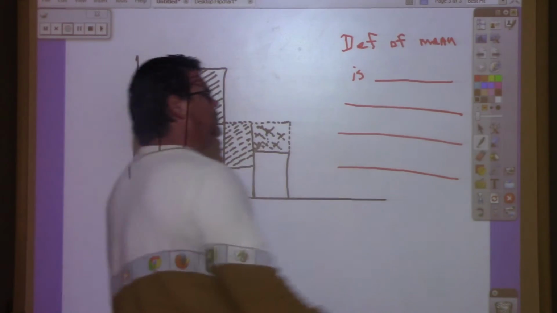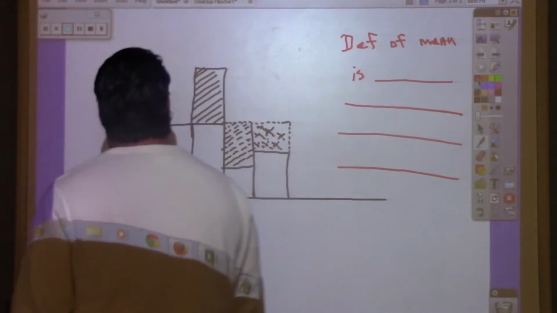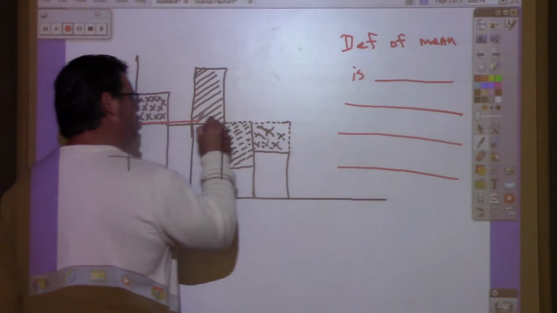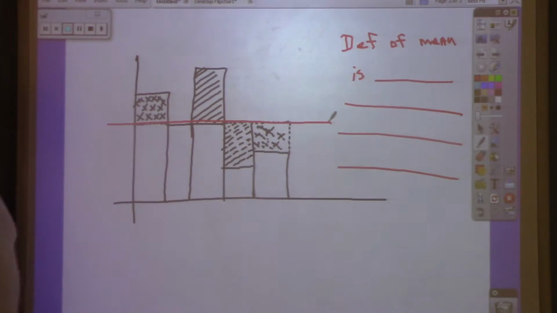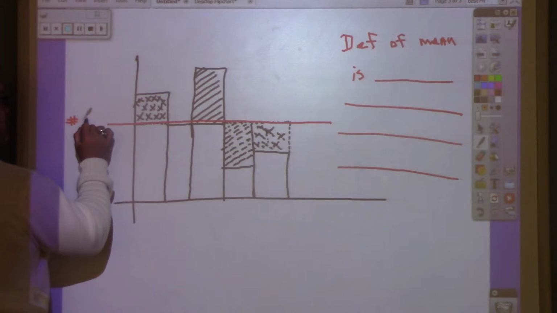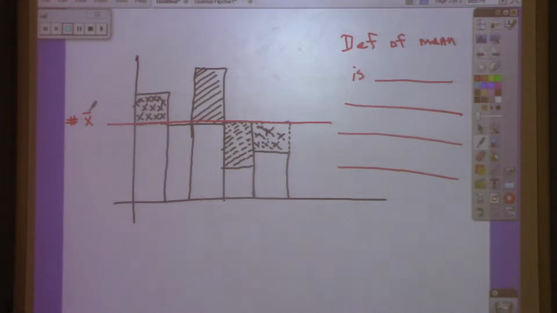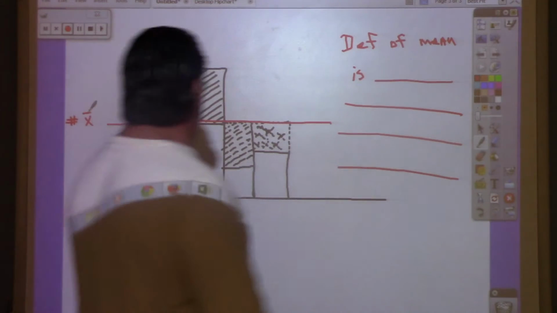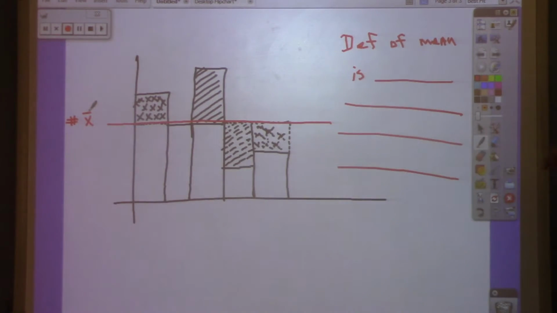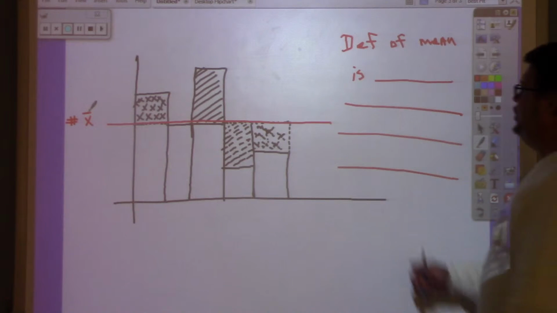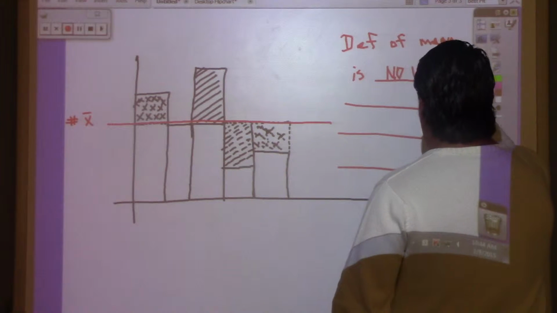And I can take my red marker and I can draw a line right there, can I? And that number right here represents the mean. So now you can tell me what the definition of the mean is. It's the number that represents no what? Variance. No variance, no variation, nothing. In other words, it's the magic number that levels the what? Playing field. It's the number that represents no variation, or very little,